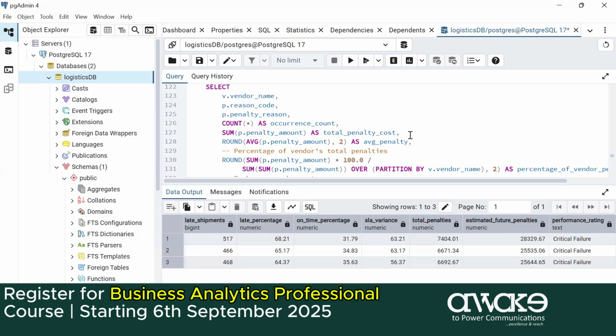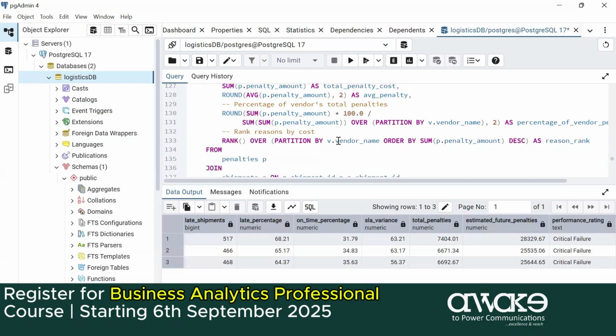Total penalty cost. Now, we are here calculating the average of the penalty amount, rounding it up to 2 decimals, and presenting it as what? The average penalty. So let us calculate the percentage of vendors' total penalty. So we use the sum of the total penalty amount multiplied by 100, divide by the sum of the penalty amount